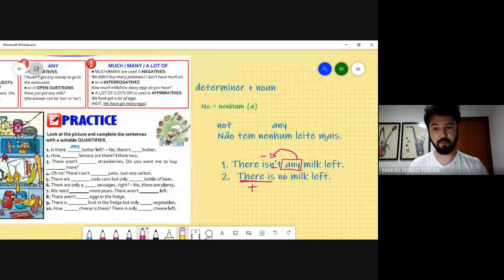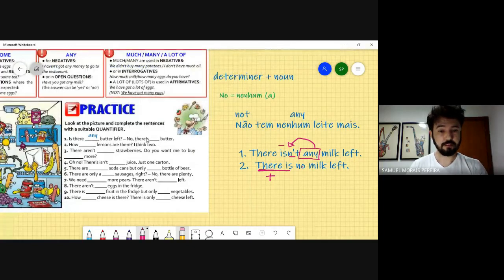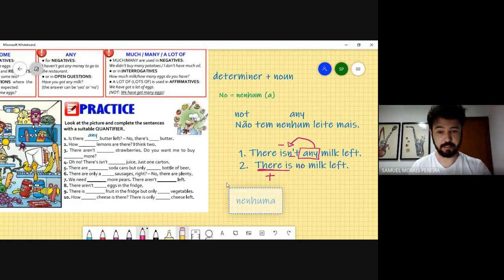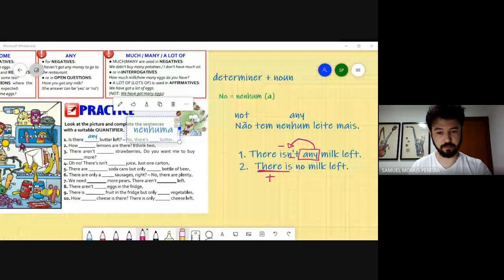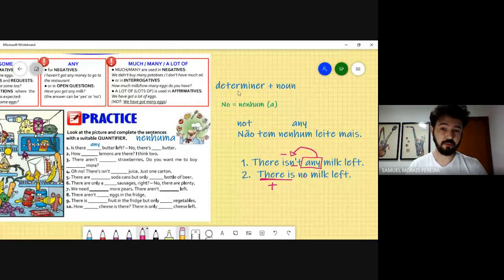Aqui eu usei a ideia do mais, olha. Não tem nenhum leite mais, quer dizer, não sobrou leite, acabou o leite, ok? And then you have here, no, ó, não tem nenhuma manteiga, não tem mais manteiga, ó, nenhuma manteiga. So the word that you need here is the word nenhuma, ok? Nenhuma. And then you have, remember, two ways of saying nenhum or nenhuma. Você tem o no, ok? You can use no, but you can also use any. Aí a Juliana disse N, né? N. Mas olha só,